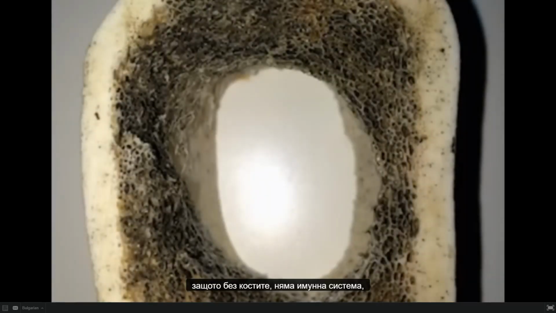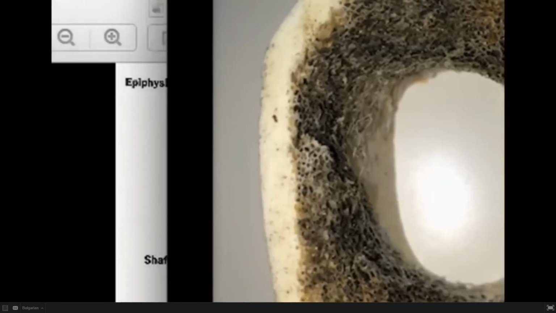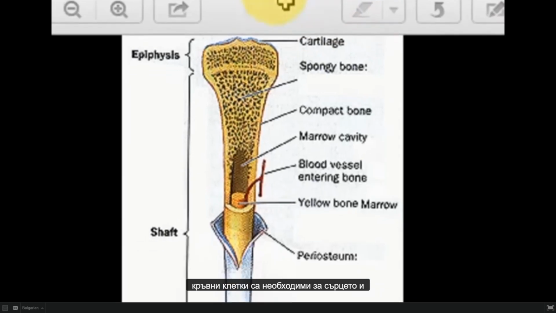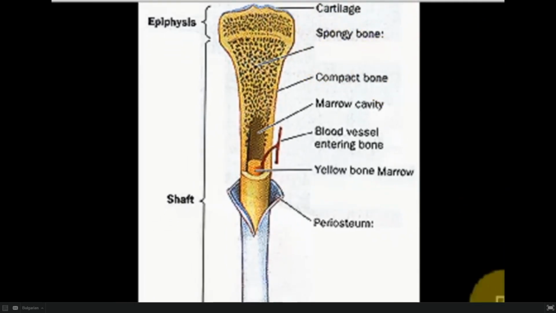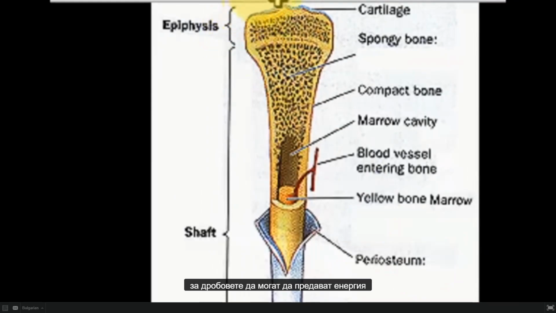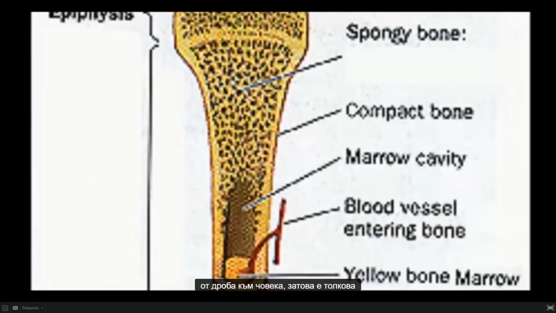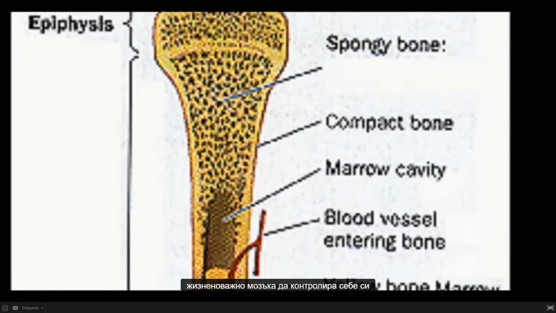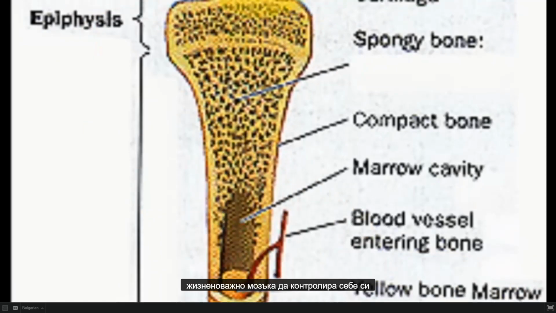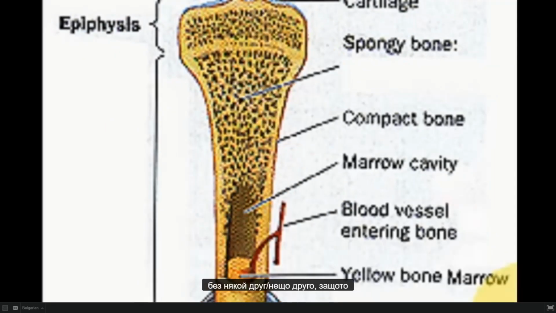Because without the bone, there is no immune system, there are no blood cells, and the red blood cells are necessary for the heart, for the lung to be able to transfer energy from the lung into the man. So it is so vital for the brain that it controls this itself, because the emotional side,